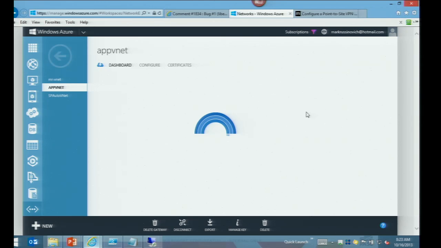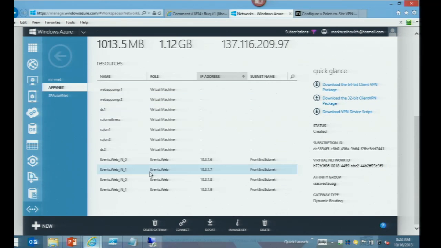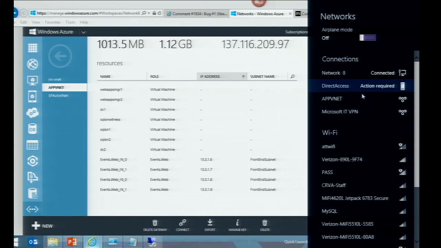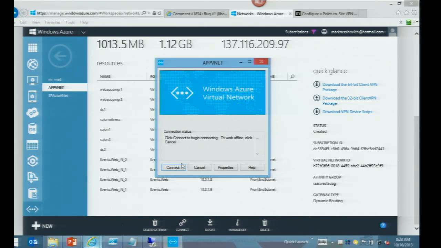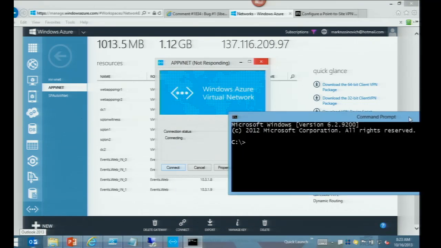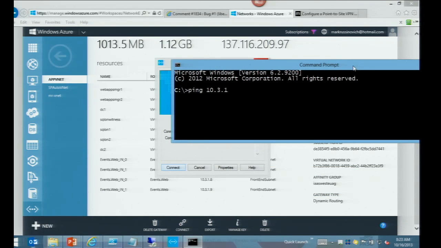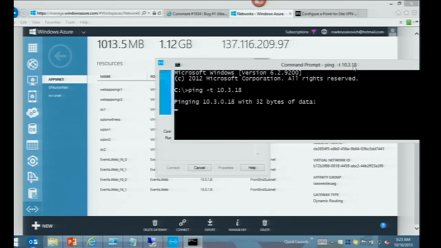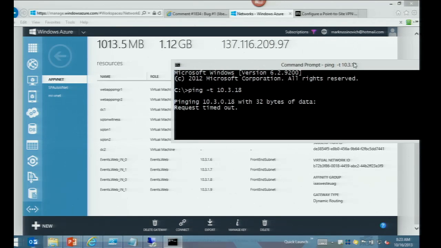Do I have any active VMs in there? I can show it to you. Yeah, I think these front ends, are they active? Events web, so maybe I can just show you that real quick. So you say connect, it's just a standard remote access connection dialog. And if this works, I didn't plan for this, so I didn't even know those VMs would still be up and running. But if this works, I've connected, and then, oh, the